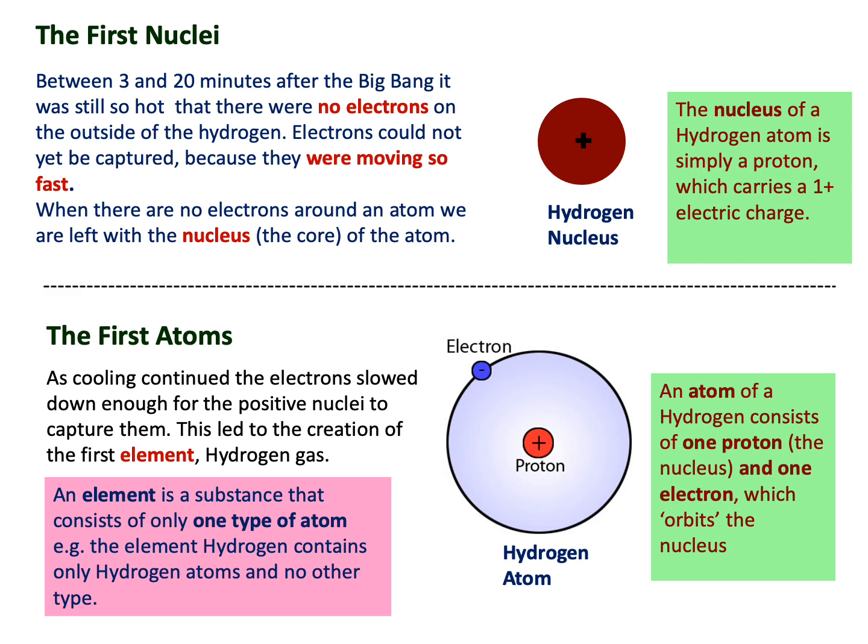So hydrogen is the first element. These are the elements that you will have perhaps seen in chemistry in the periodic table. And an element is a substance that consists of only one type of atom. So, for example, in hydrogen, all the atoms are hydrogen. So hydrogen is an element. So hydrogen is the first element. It's the simplest element, and it's the very first element in the periodic table as well.